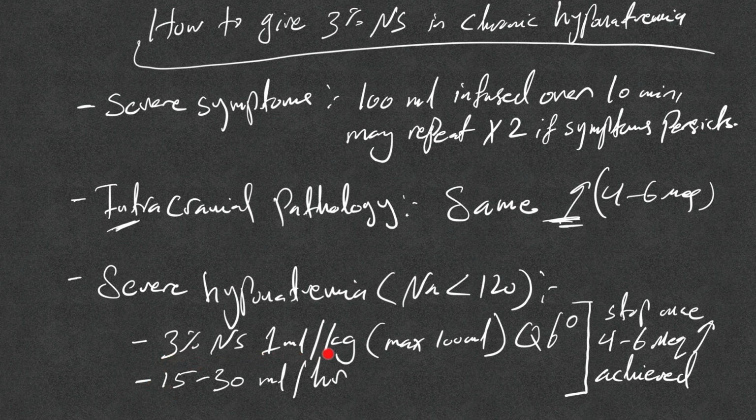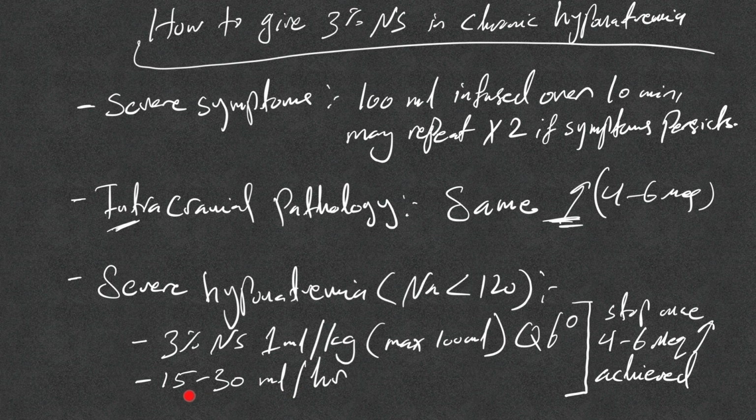So 1 ml per kg, let's say 100 kilo patients, we give 100 ml. The maximum is 100 ml. So if the patient is 120 kilo, we give 100 ml. And it's a bolus every 6 hours. Other protocol, this is in UpToDate, both of them, and I prefer to use 20 cc, 15 to 30 ml